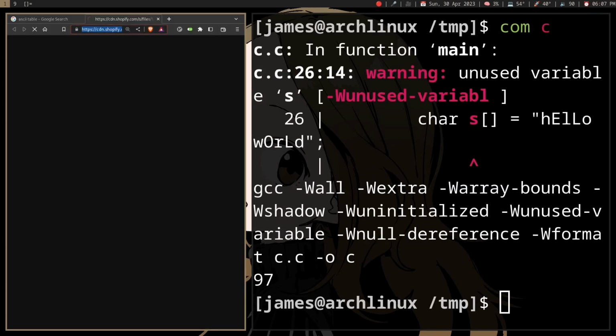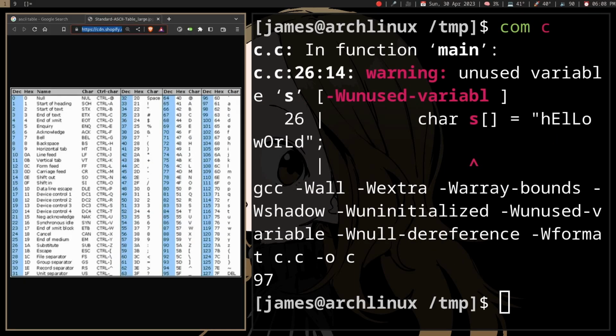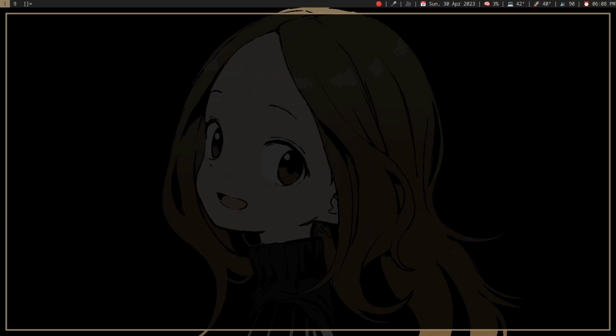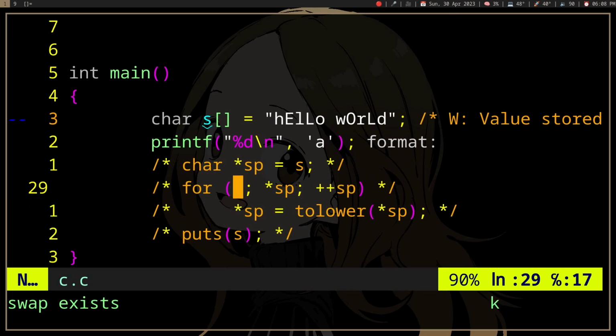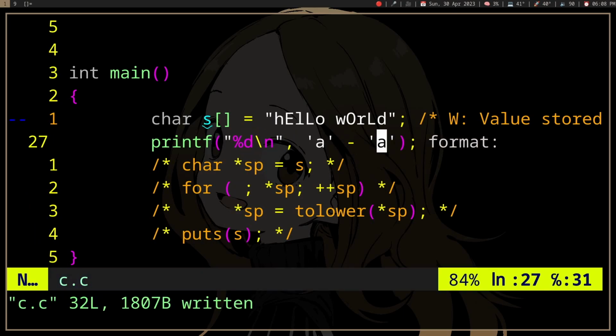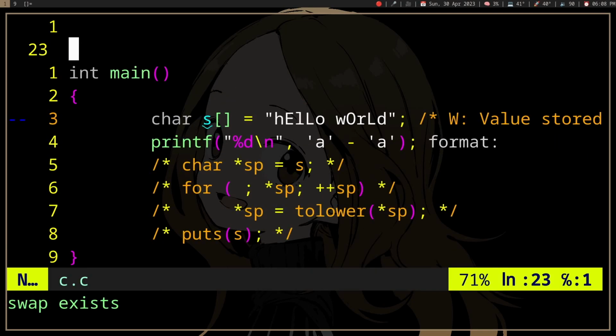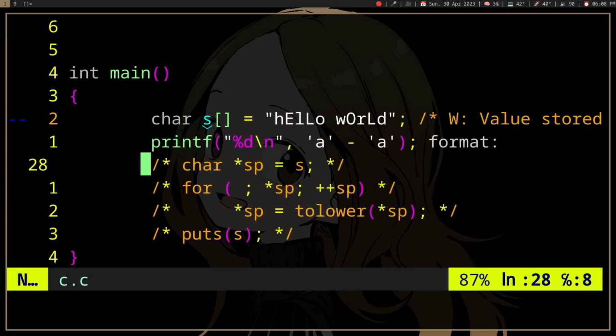And you can look up the ASCII table here, but you don't really need to memorize it or anything. You can see here 'a' is 97, and 'A' uppercase is 65. You don't really need to do that, because if you do 'a' minus 'a' here, well, what is 5 minus 5? It's 0, right? And because of that, what we can do